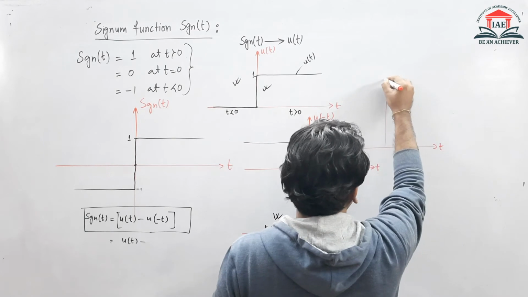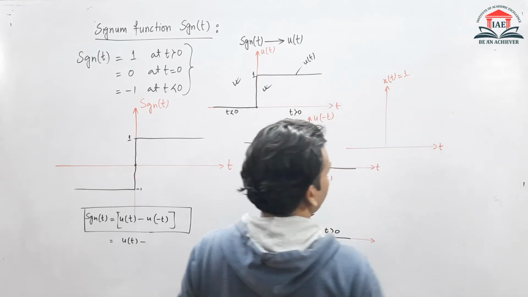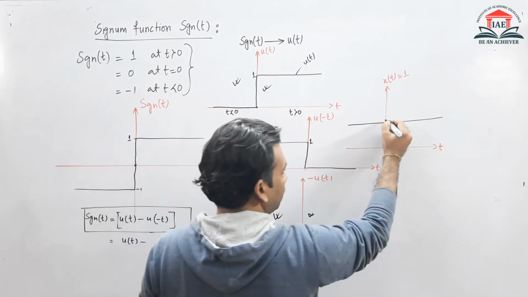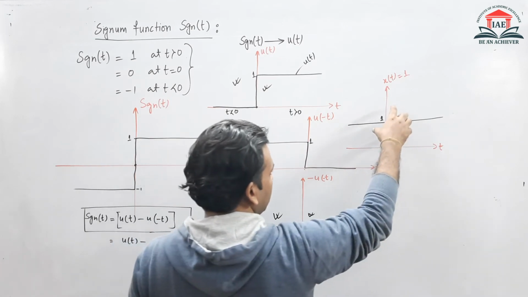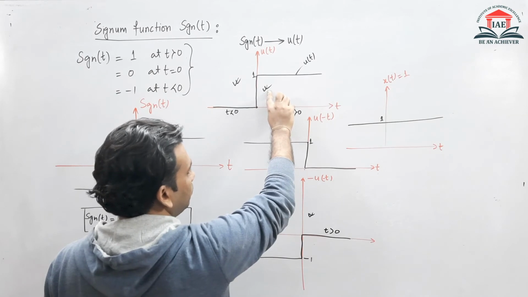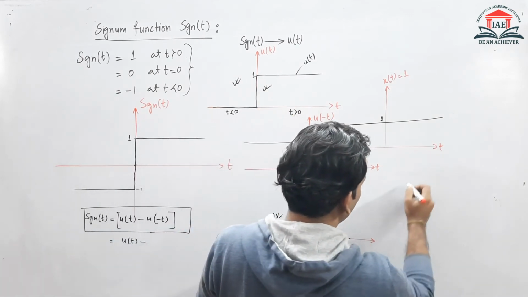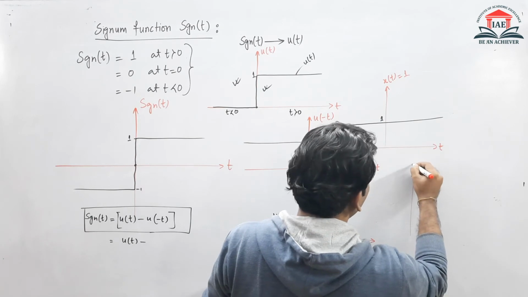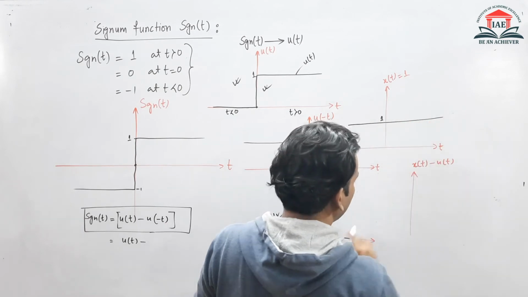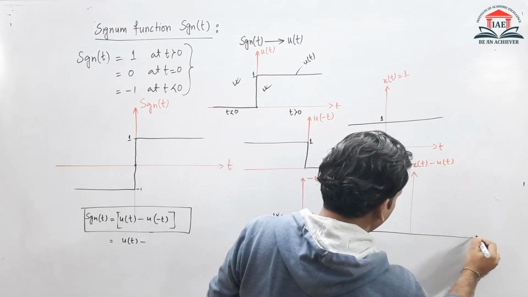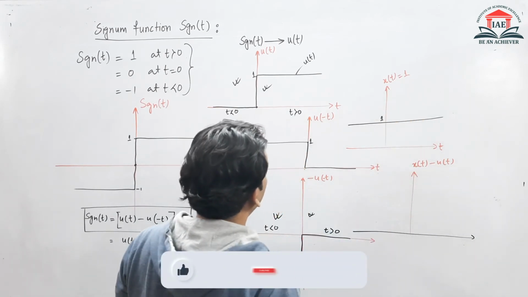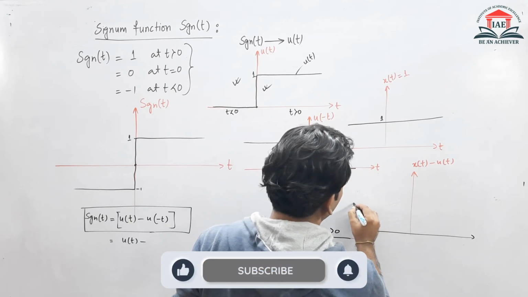Now see, my function 1, suppose I have a graph like this, or suppose I have a graph which has a value of 1. So what will be the graph? So it will look like this and the value is 1. Now from this xt equals to 1, if I subtract ut, what will come? So if we want to draw a graph where xt minus ut, where xt equals to 1, then the graph will look like this.